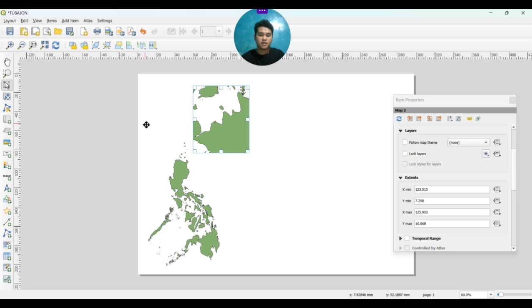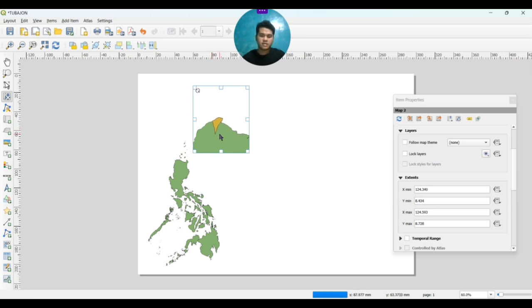Click it and then go to the move item content. Click that one. Then go to the square that you want to move and zoom it. Once you're done zooming the image, in my case the computer was loading.